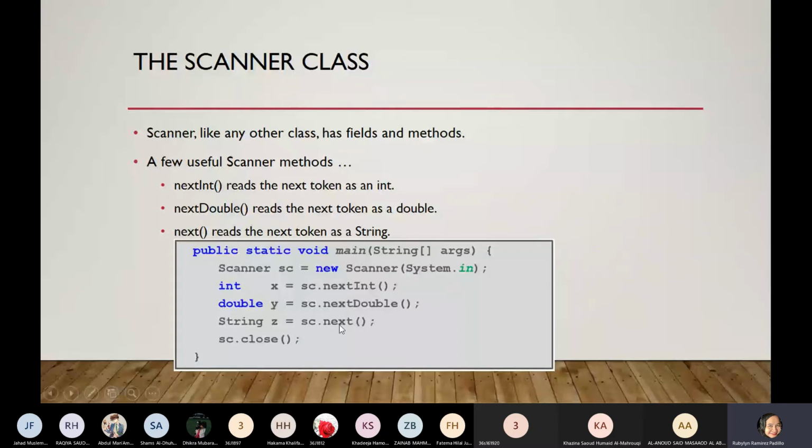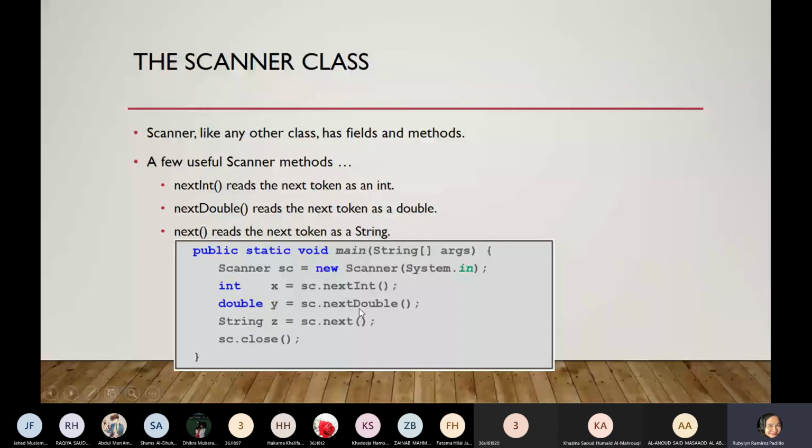What are these 3 input methods? To input an integer, you are going to use nextInt. What is the syntax? The object name you declared here, followed by the method name. So that's the method name to input an integer. Same thing here: the object name, the Scanner's object name, that is sc, then the method name to input that data type.